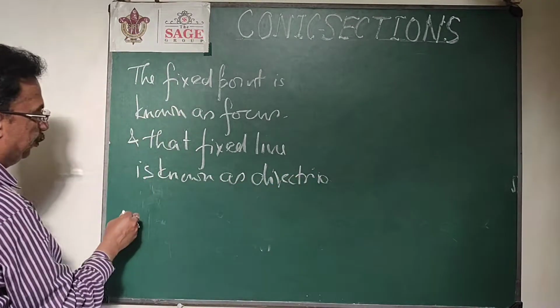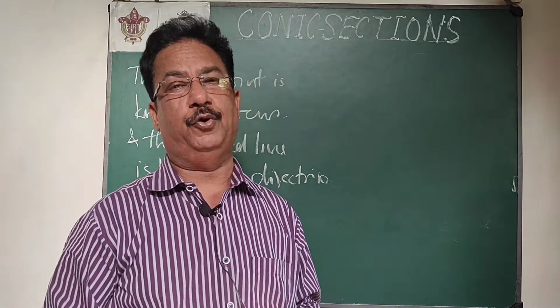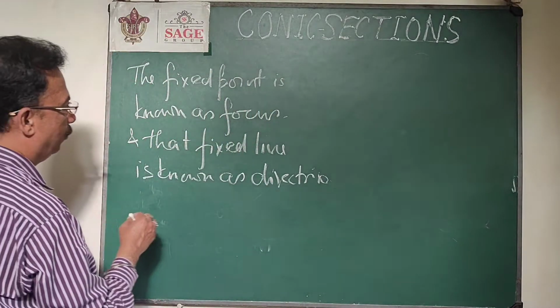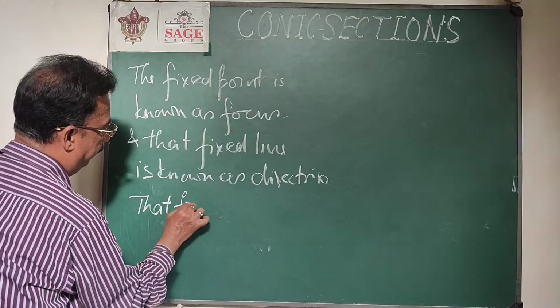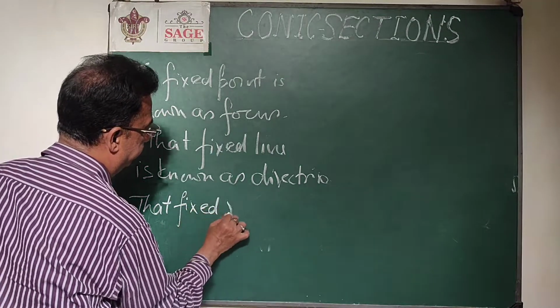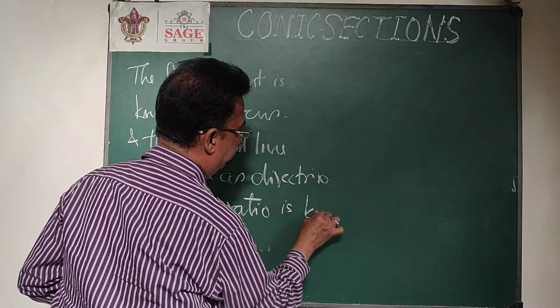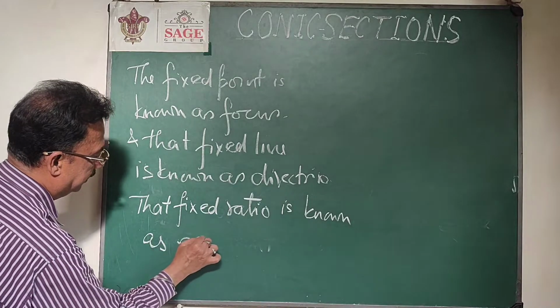And the ratio, that is the distance of the moving point from the focus upon the distance of the same point from the directrix, that fixed ratio is known as eccentricity,